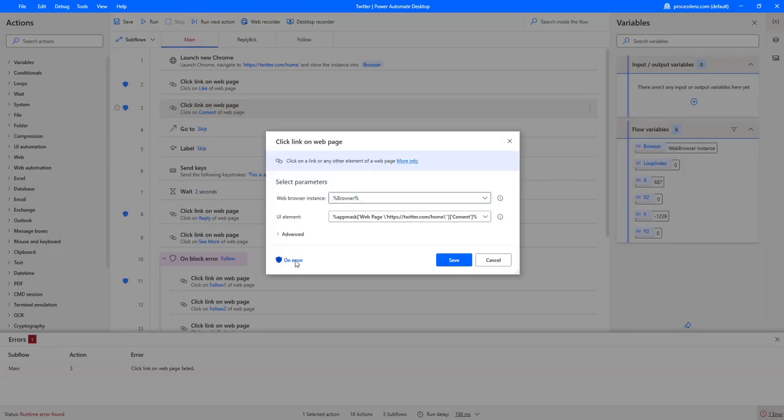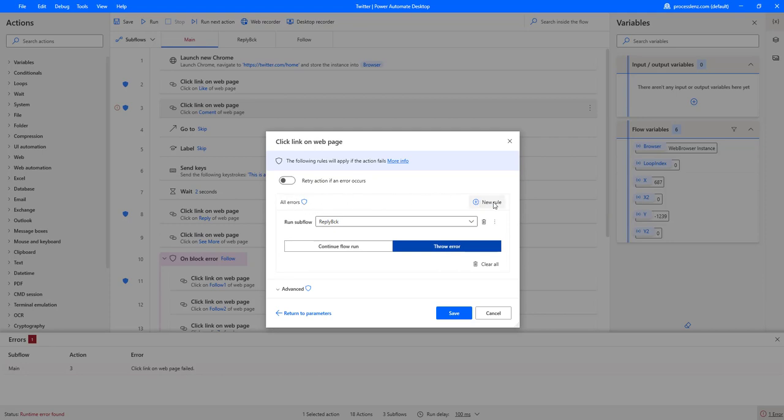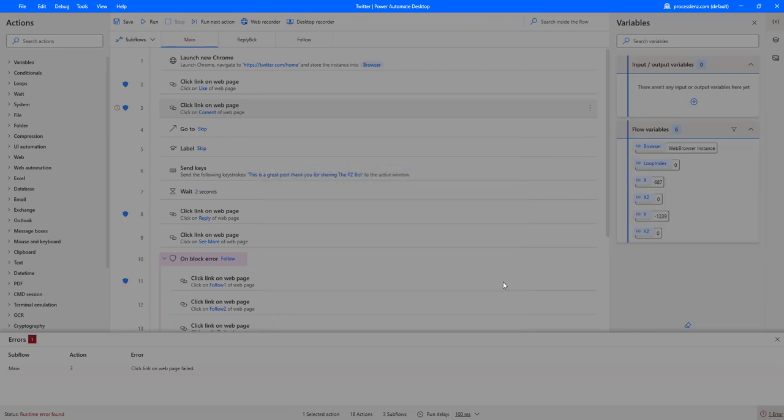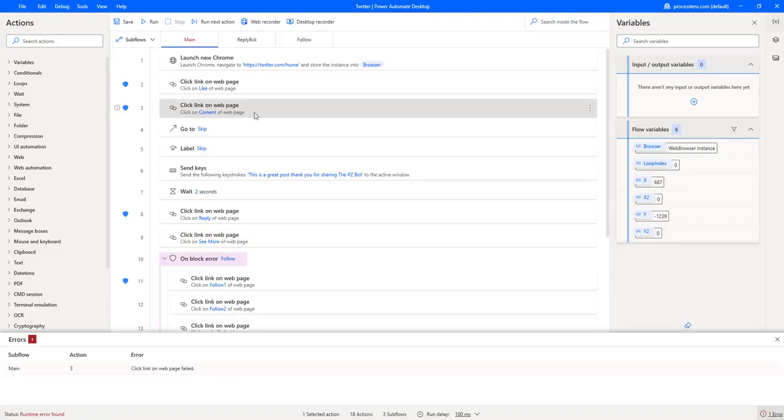Another way that we can handle our exception is by creating a new rule that runs a subflow. So we can create a new rule, we can set a variable, do something like an if statement or a condition, or we can run a subflow. A subflow will allow us maybe to do some backup logic. So, what do I mean by backup logic? In this case, I'm trying to click on a button and I'm trying to spy the button. If the CSS selector that I'm using changes, because this is a React web page and the HTML is dynamic and constantly changing, so if that fails and I can't spy the element, then I would like to run a fallback